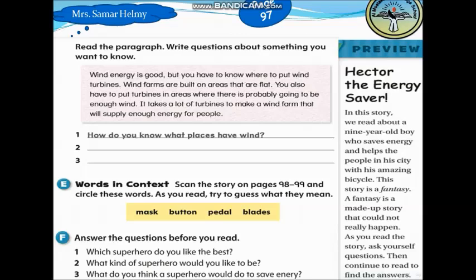Okay, now after reading this passage, you can think of questions that you want to know the answers to. Okay, I put mine. I want to ask, what does the word turbine mean? And I want to ask too, do we have wind farms in Egypt? And if we have wind farms in Egypt, where are they located, or where can we find them? Okay,